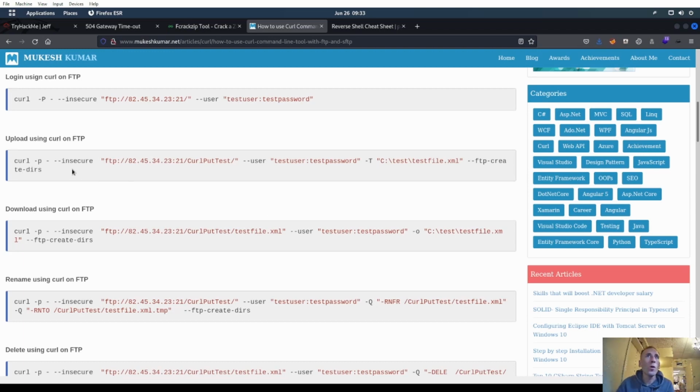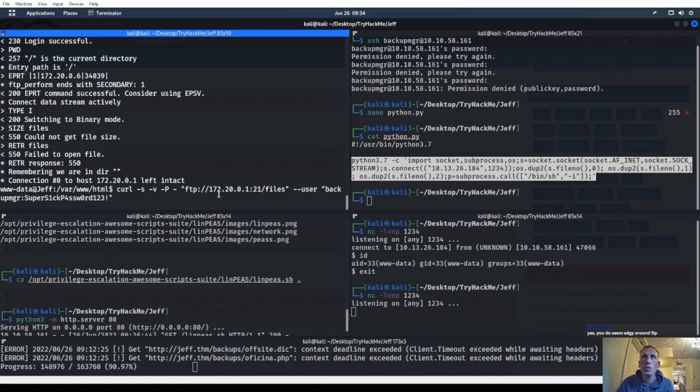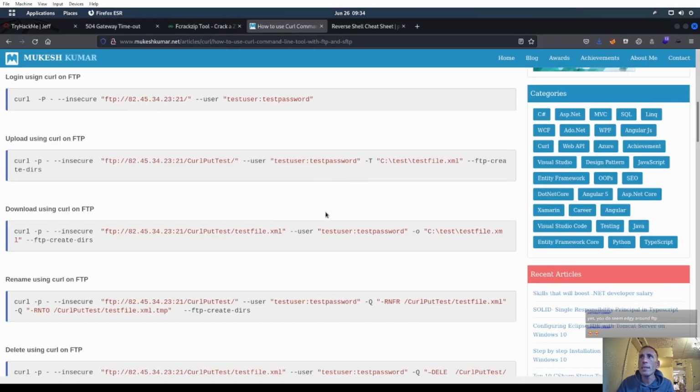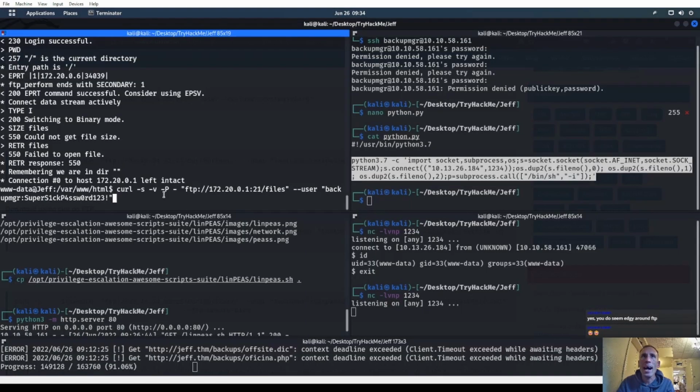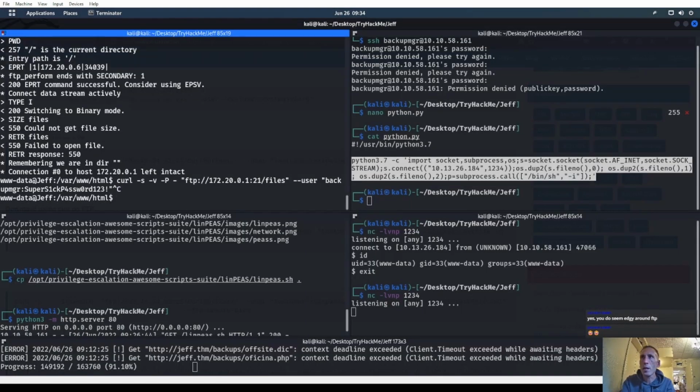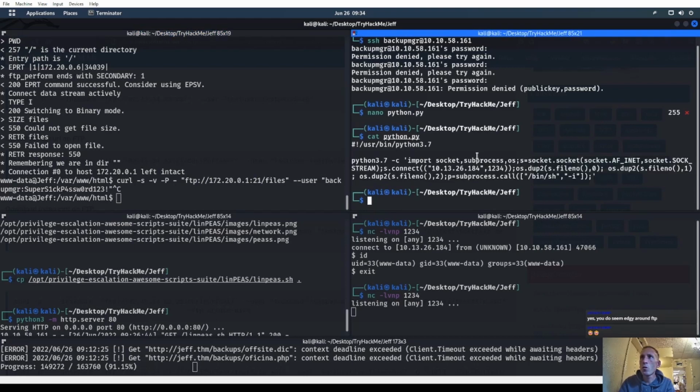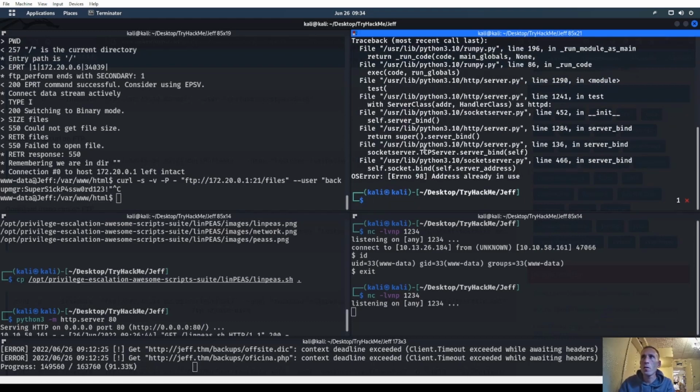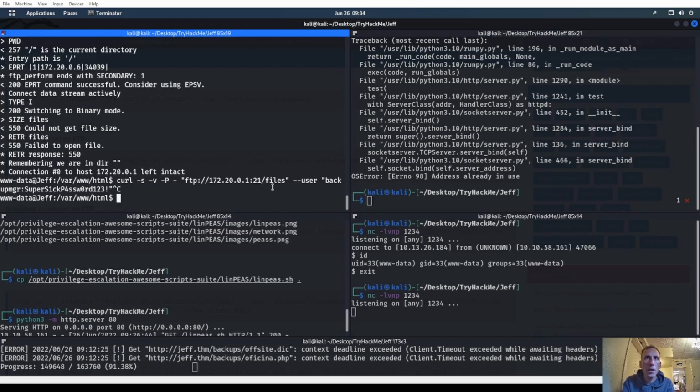We can't see it, and we're just throwing things at the wall to see if it sticks. So we're going to upload, okay, insecure, user that, -T, and then --ftp-create-dirs. I think that might actually create a directory, but we'll find out. Let's try it with -T at first. I have to get this file onto here first. Let's go ahead and do a wget. So let's do a Python 3 web server over here, right? HTTP server. Oh, it's already up and running. Never mind. All right, wget